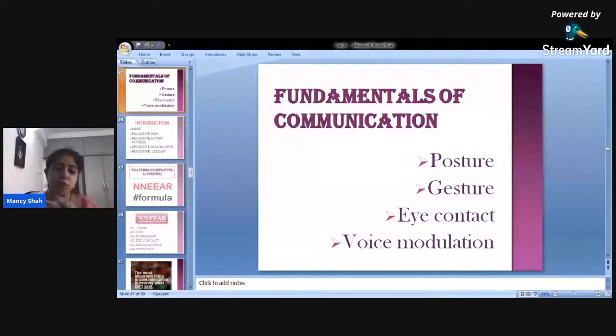Mostly it is better to have it clasped like this. Just keep it, or else you can have it at times right hand, the left hand, when you're talking to someone. If it is one to one, don't have too many gestures, just one or two are okay. Or you can just give a thumbs up or a pat on the back.